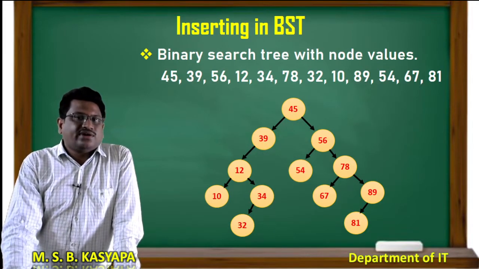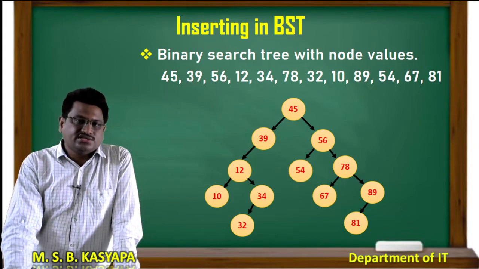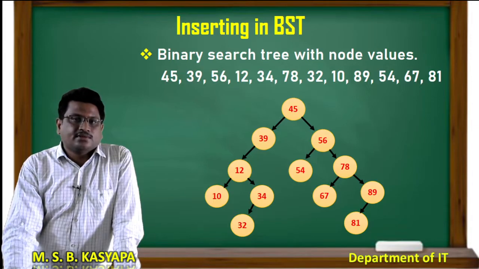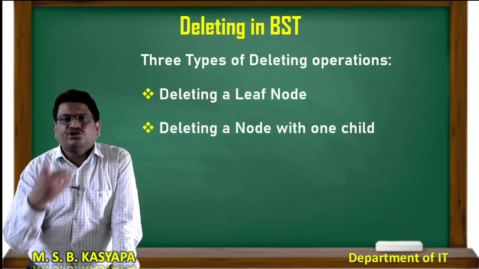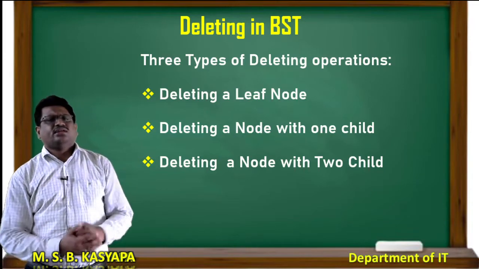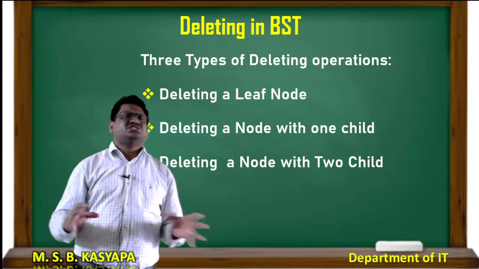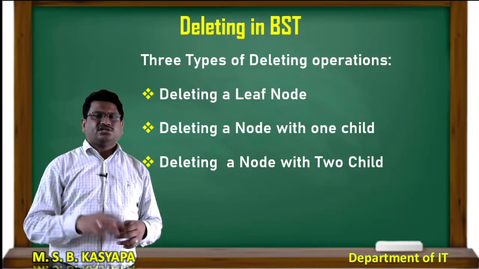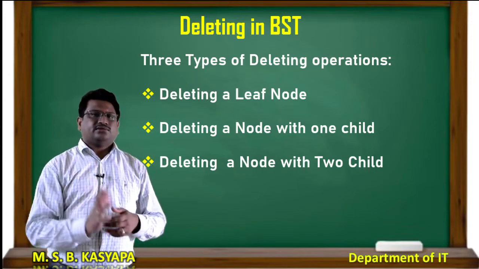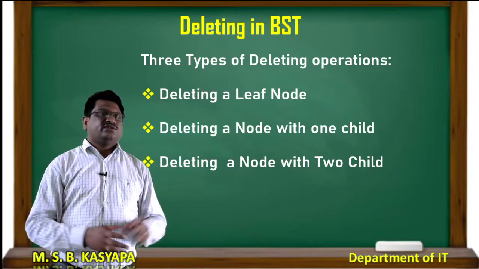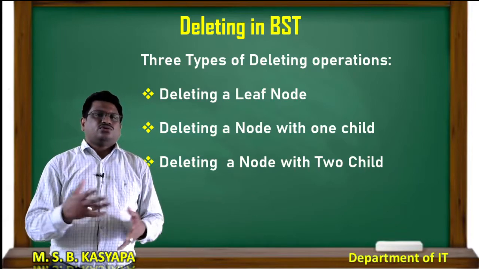Finally, if I insert all the values in this binary search tree, it looks like this. The same process we followed in the previous video. Now, I am going to do the process of deletion. For searching, there are no changes in the binary tree. If the value is available, I will display it. If the value is not available, I will say it is a failure. If it is insertion, I insert as a child of the leaf nodes. So, there are no big changes.